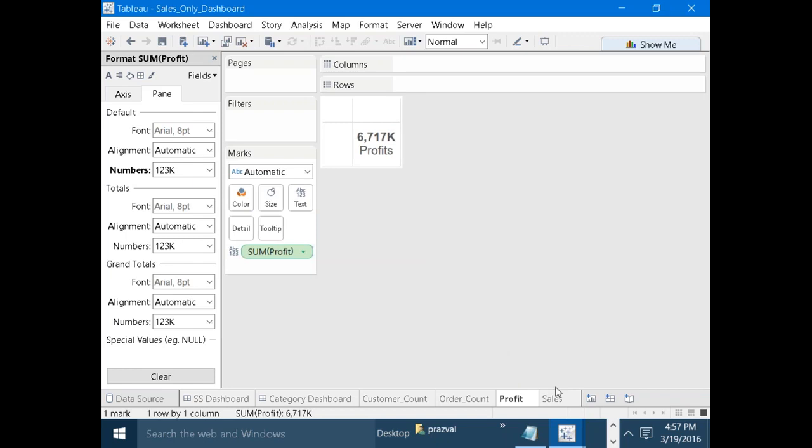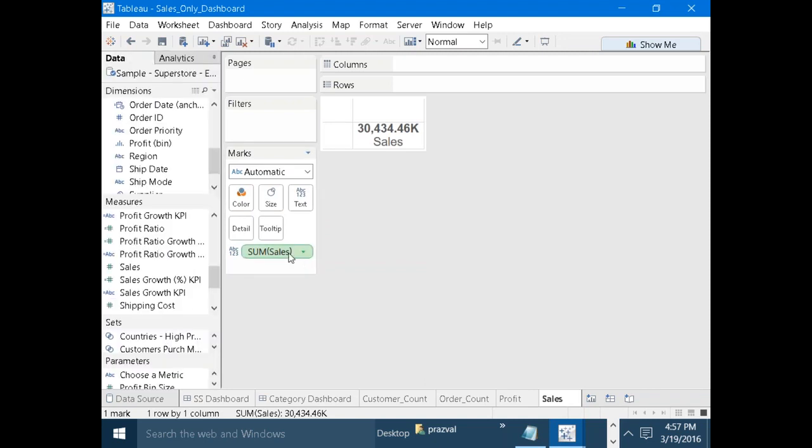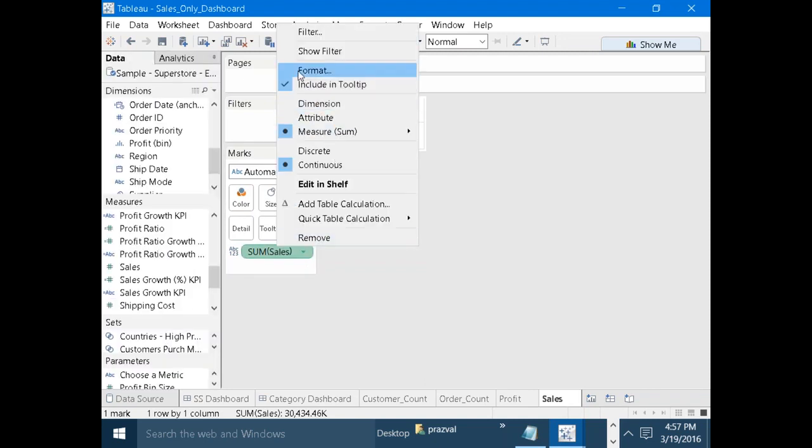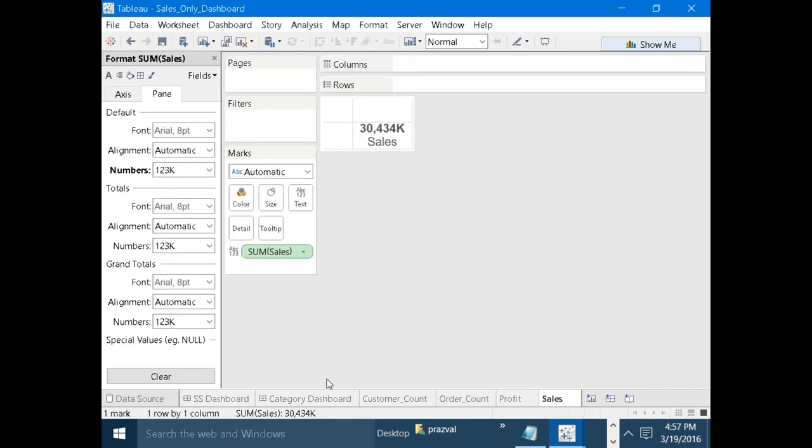Just take it 0. Next, go to sales. Right click, just go to format, number, just take here 0 decimals. Right now,